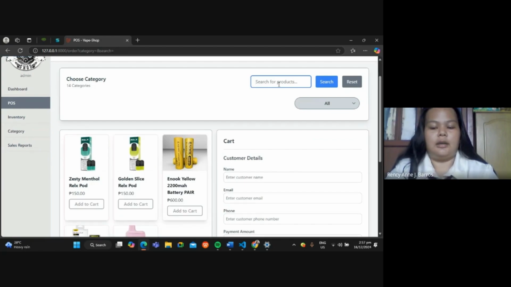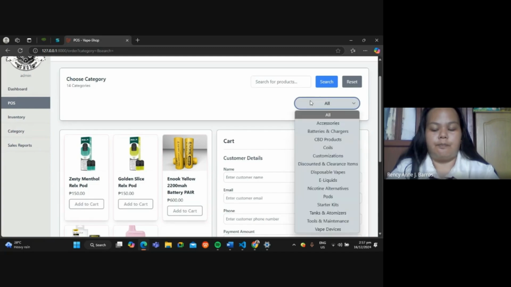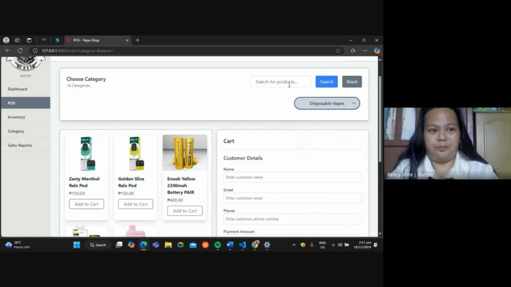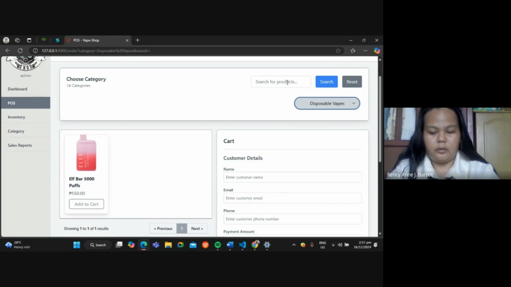Selecting a category filters the displayed products while searching highlights them. Combining both options allows users to find specific products efficiently.